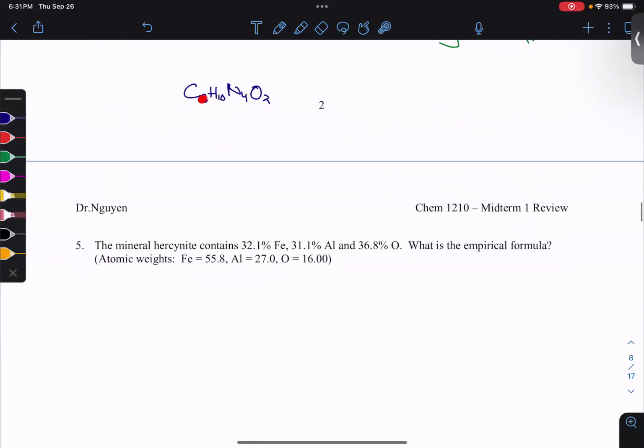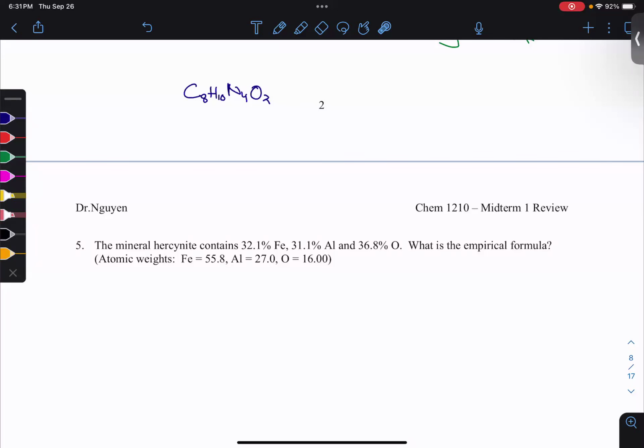I could weigh out to determine how much of my sample comes from carbon in grams, how much from hydrogen, how much from nitrogen, how much from oxygen, and I can get percentages. I just use the molar masses off the periodic table and make sure to account for those subscripts. There's 8 carbons, so the total mass of carbon is 12 grams times 8 of them, right? So we can use that data to calculate percent